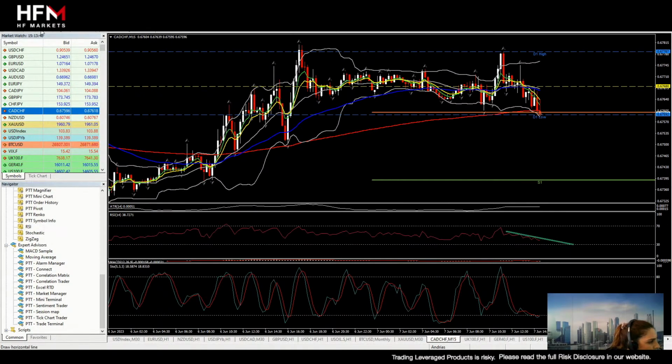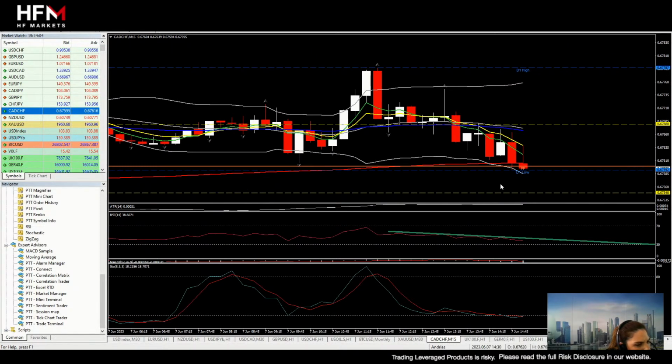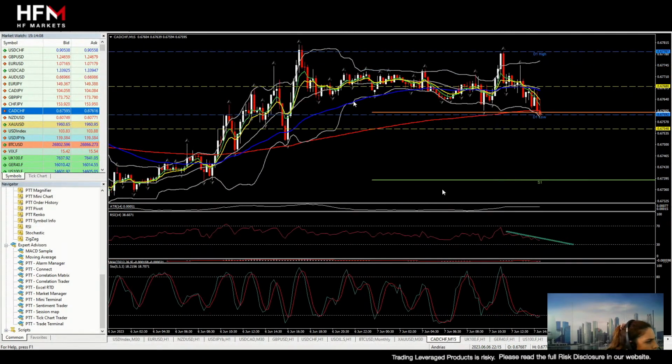Because we're in a 15 minutes chart, just by monitoring the candles, you can see that mainly sellers are in control. The body of this candle indicates that there is a lot of steam to the downside still. So the next support could be seen. What the ATR is telling us, not 51. Let's do the maths. Currently we're at 0.6760.